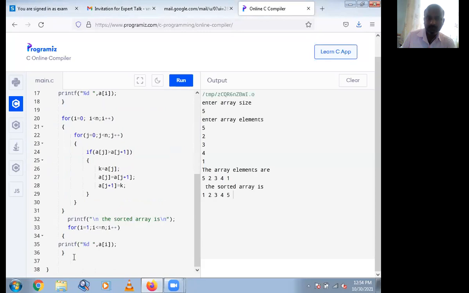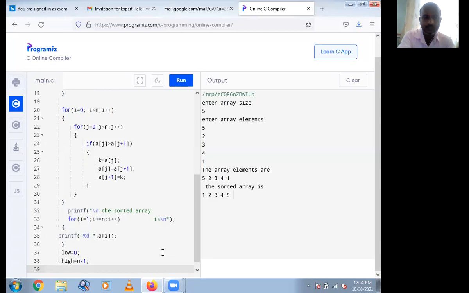So after this sorted array, we will declare low is equal to 0, then high is equal to size minus 1, here size is n, so here n minus 1.